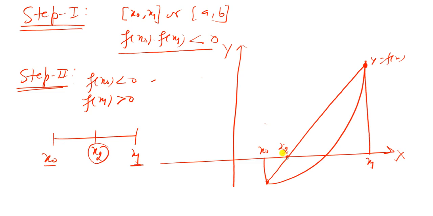Then at this point we obtain the functional value, and if f of x2 is negative, then again